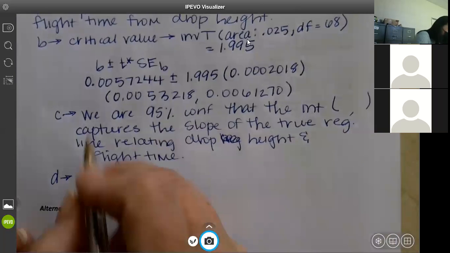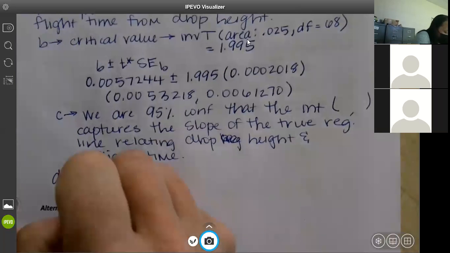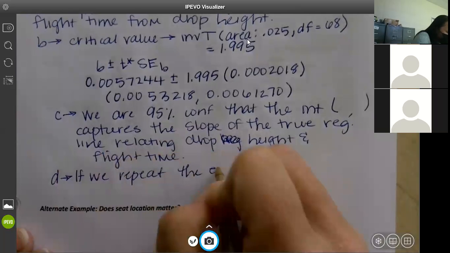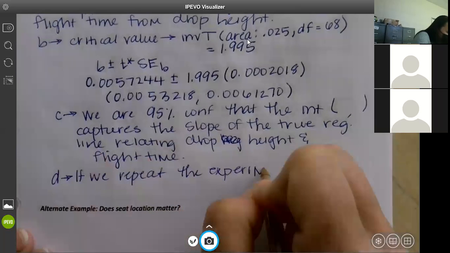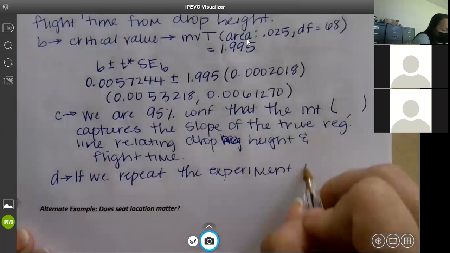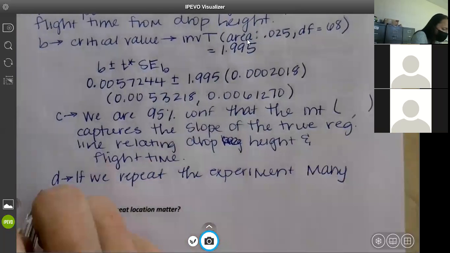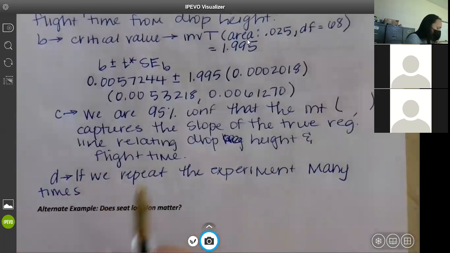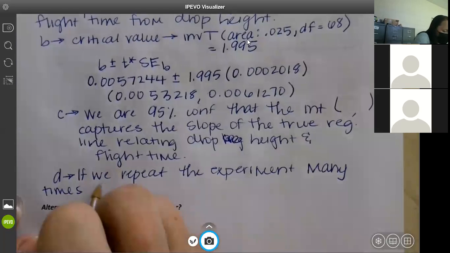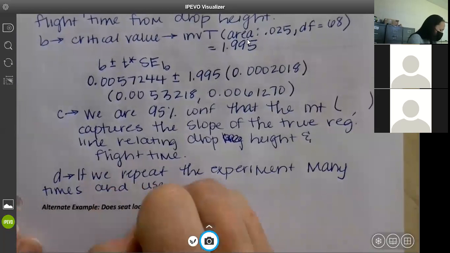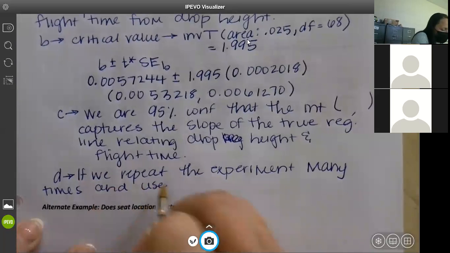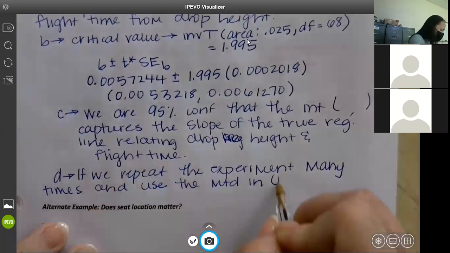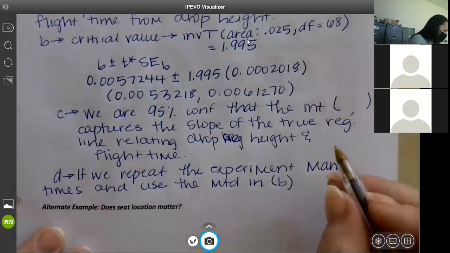If we repeat the experiment many times, and use the method in part B to construct a confidence interval each time,